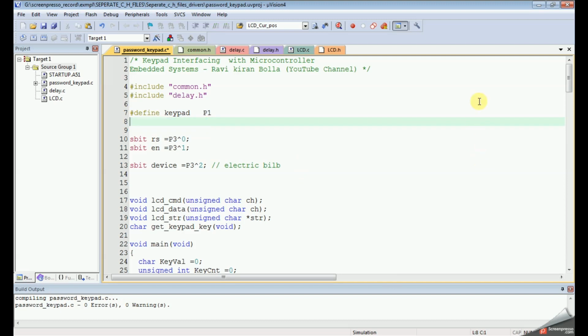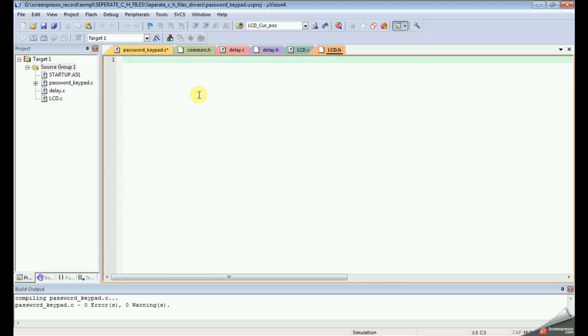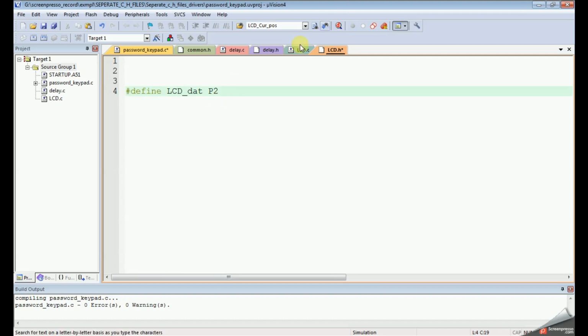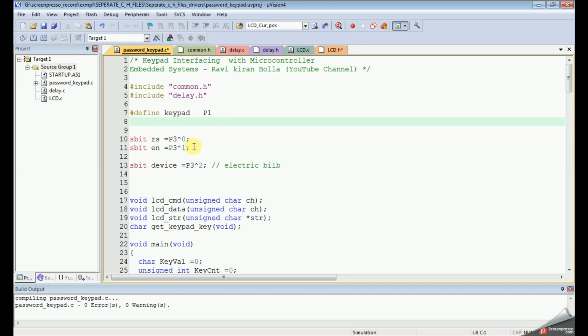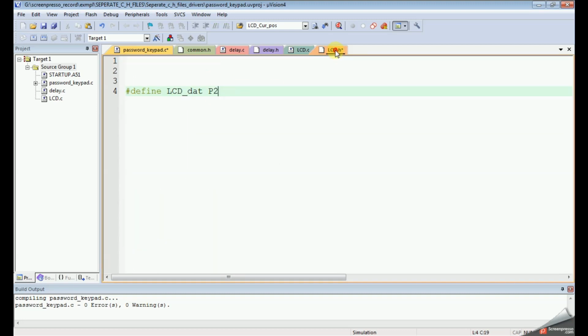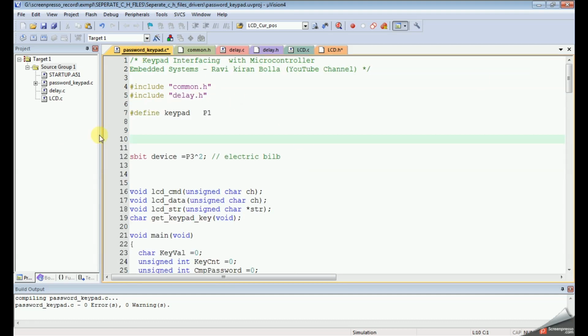The #defines should be in the .h file. RS and enable are also relevant to LCD, so I'm moving these here.